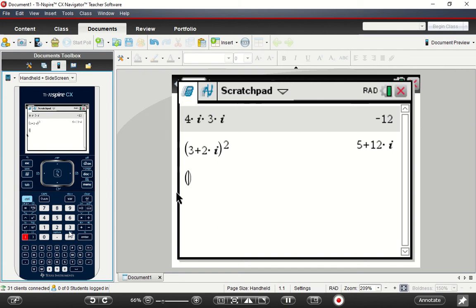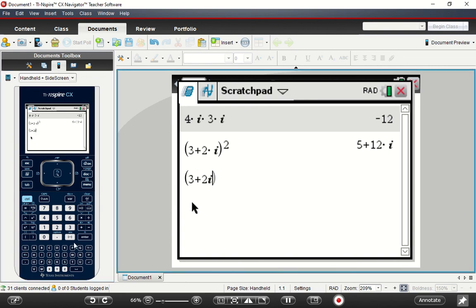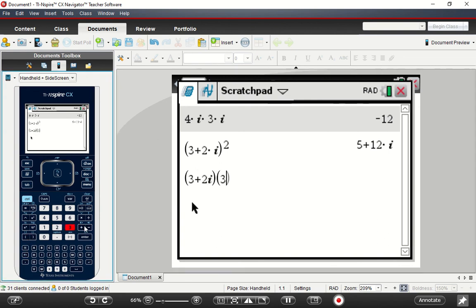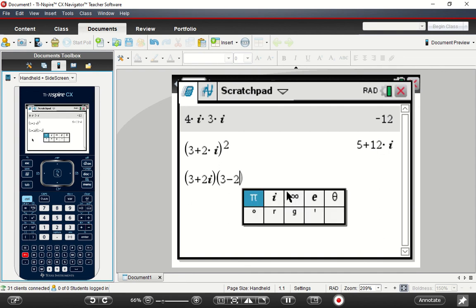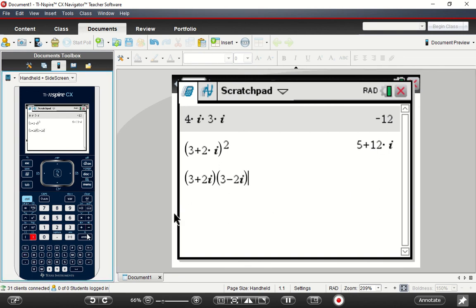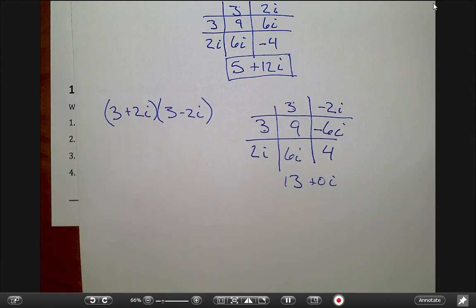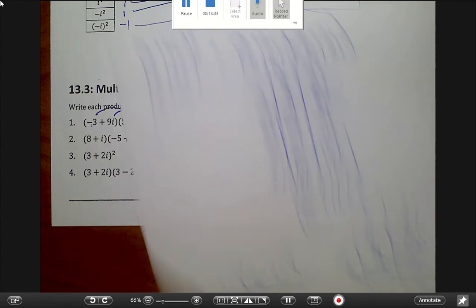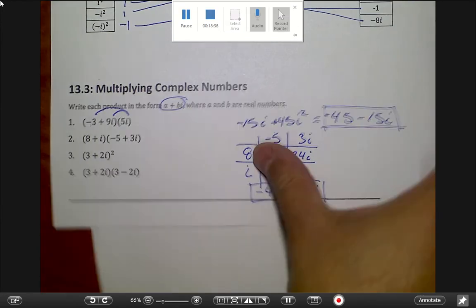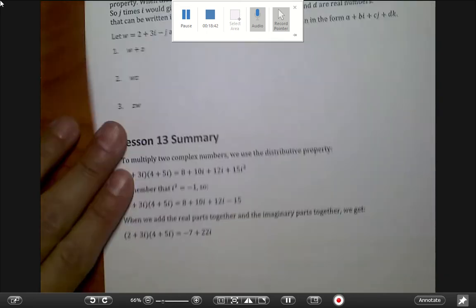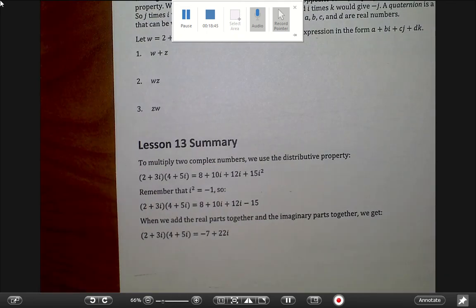Same thing goes for the other one. 3 plus 2i, 3 minus 2i is 13. Alright, so it does work for multiplying all these. But again, challenge to you, just use it to answer questions. Don't just do it all in the calculator unless you feel that your math skills are lacking. Okay? Alright, so